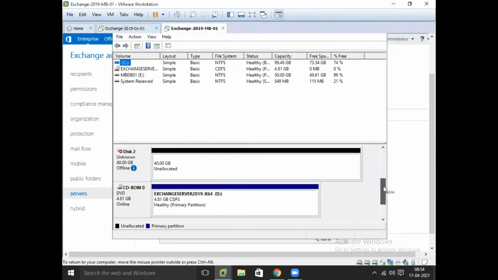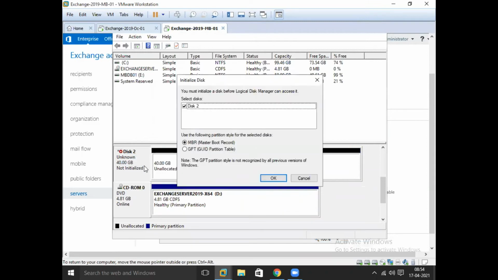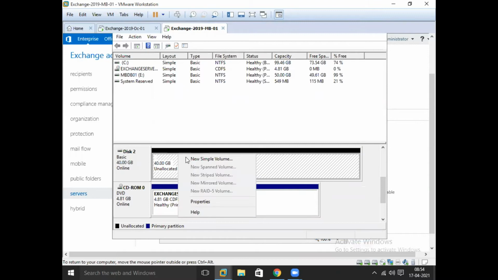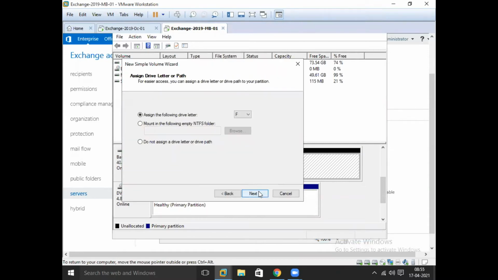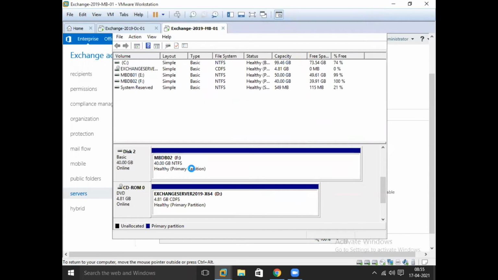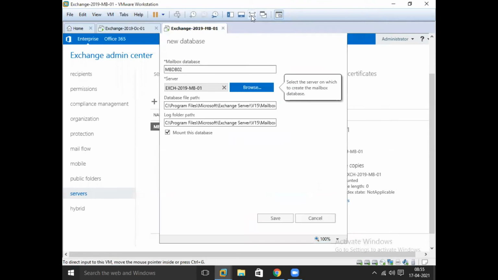Here is disk 2. I right click and click online. Again, right click, initialize disk. I'm using the MBR partition table. And now I'm going to create the volume for MBDB02. Next and finish. You can see the F drive, 40 GB, is created. So I successfully created the disk.